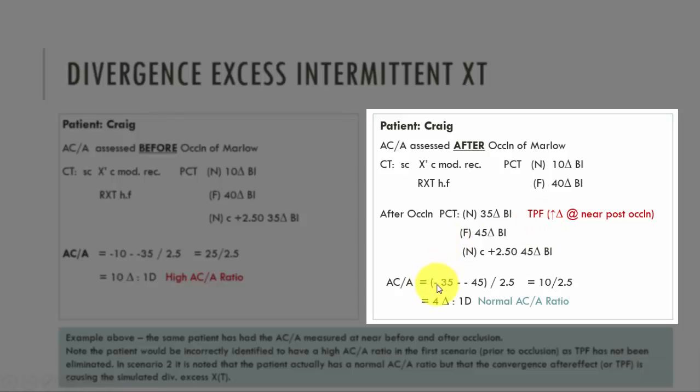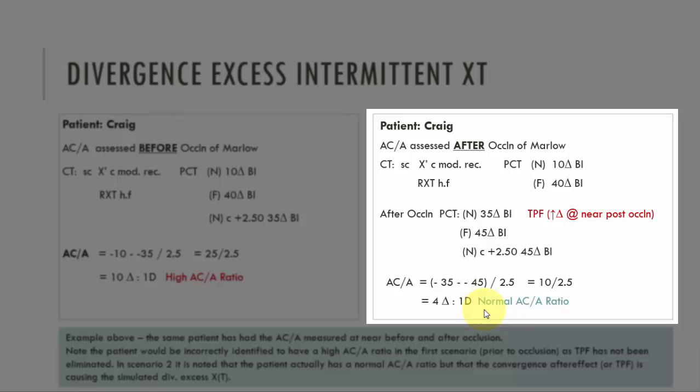And then if we proceeded to measure the AC/A ratio, what we'd see is that we'd have 35 minus 45, so the near deviation with no lenses versus the near deviation with lenses, and we'd have a 10 over 2.5, which gives us a 4:1 and a normal AC/A ratio. So in this instance, Craig would be diagnosed as having a simulated divergence excess exotropia, but for a different reason,